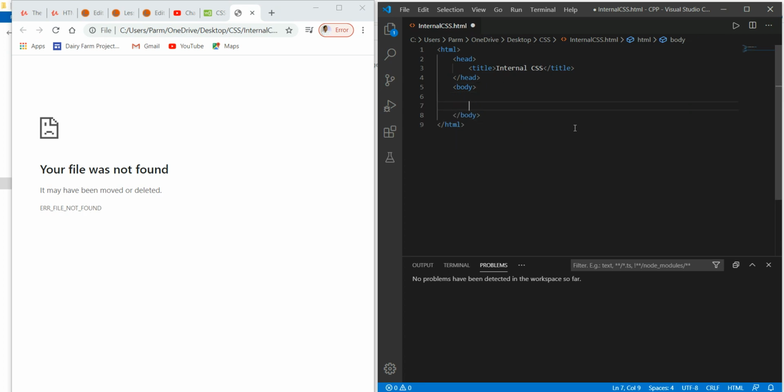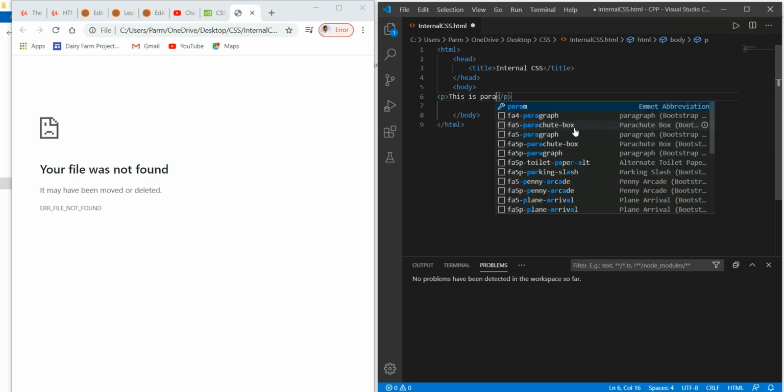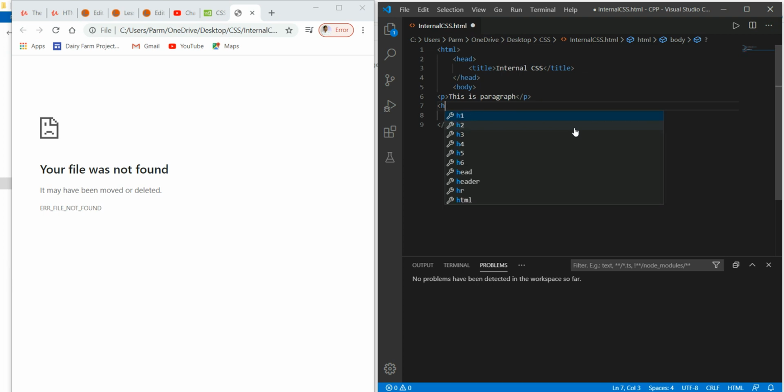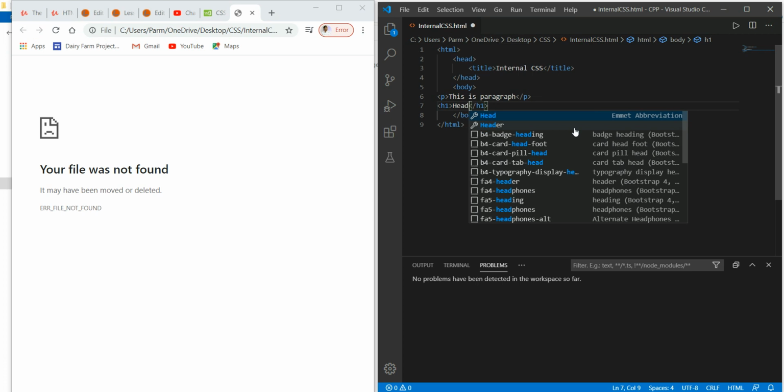In the body I'm taking a P element, and this says paragraph. Then I will take another element, say h1, and I write here header.